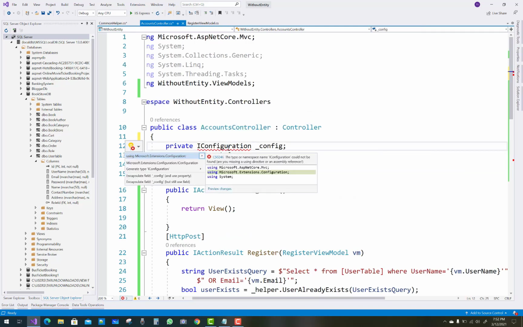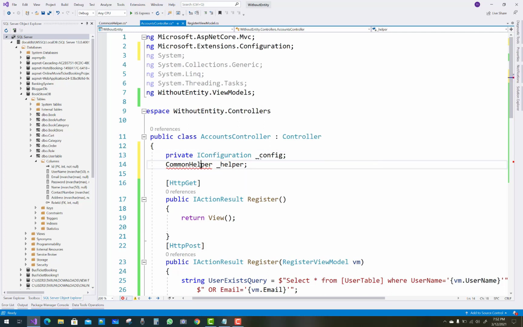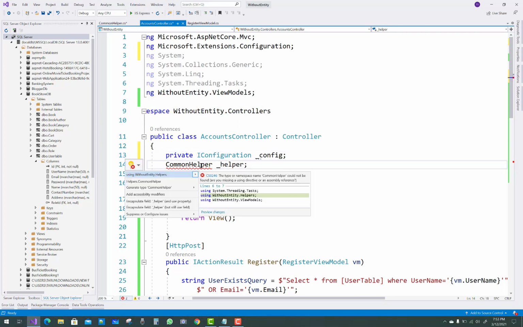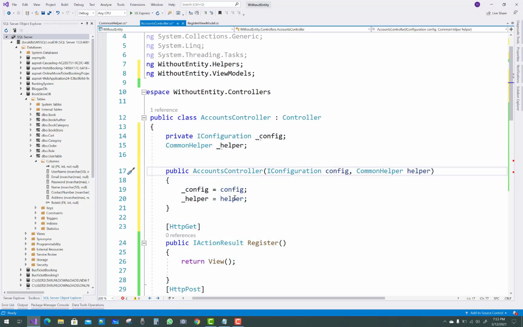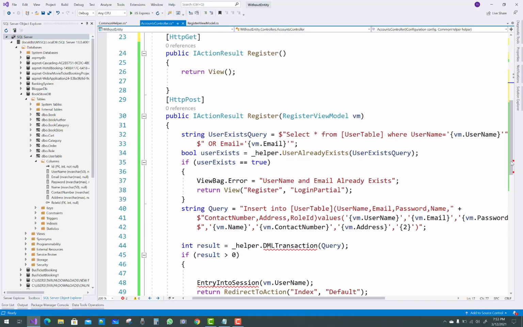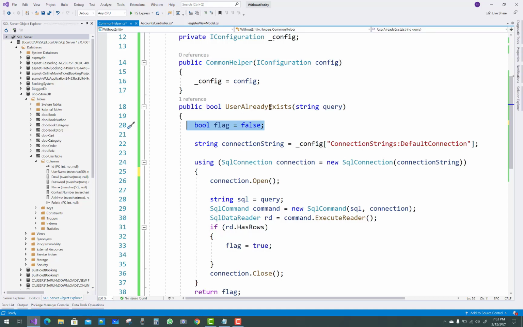So IConfiguration, in the common helper class inside the constructor, you have to initialize your configuration. So just add your configuration and initialize both.